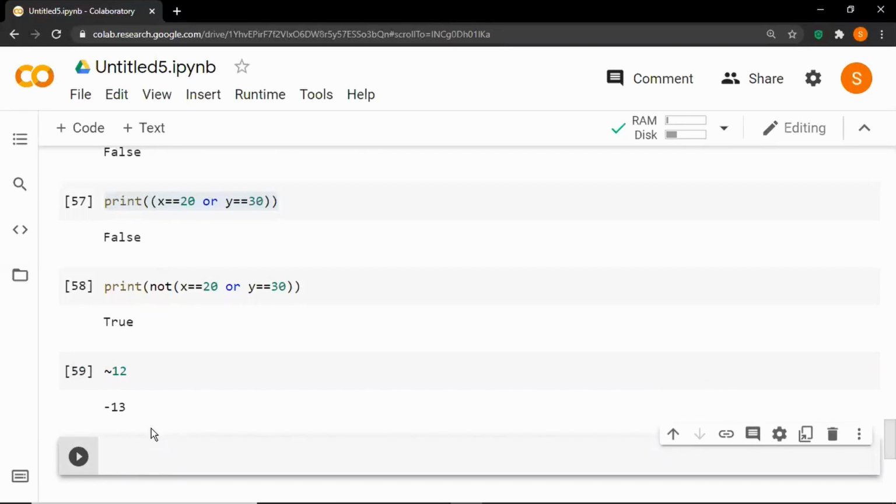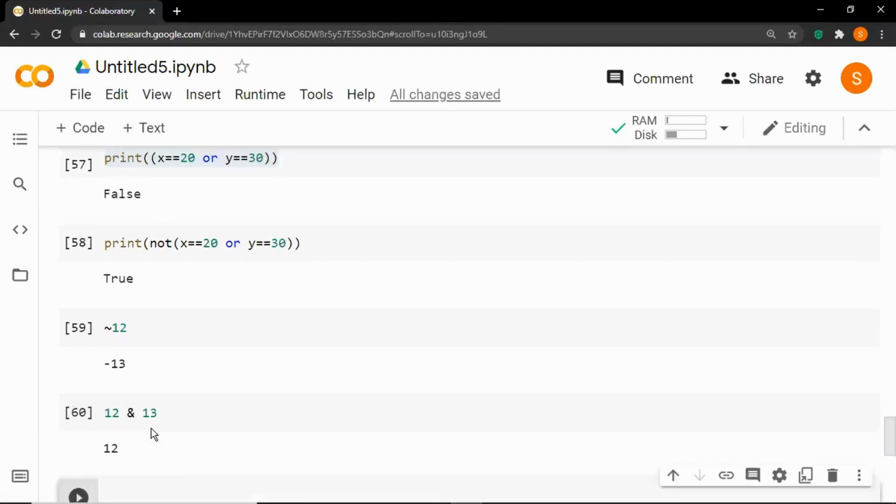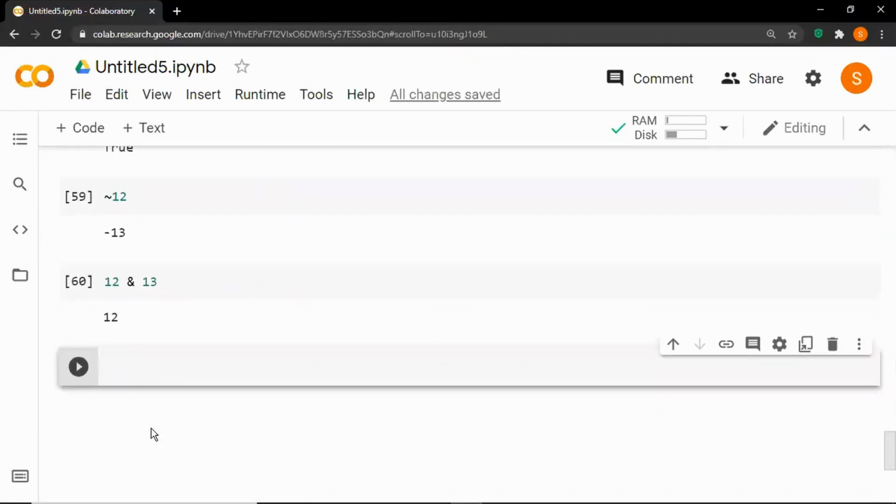So let's see bitwise AND. For that, we use the single ampersand operator. So let's say 12 and 13. Run the cell, and here you got 12. And let's see the bitwise OR operator. So let's say 12 or 13.